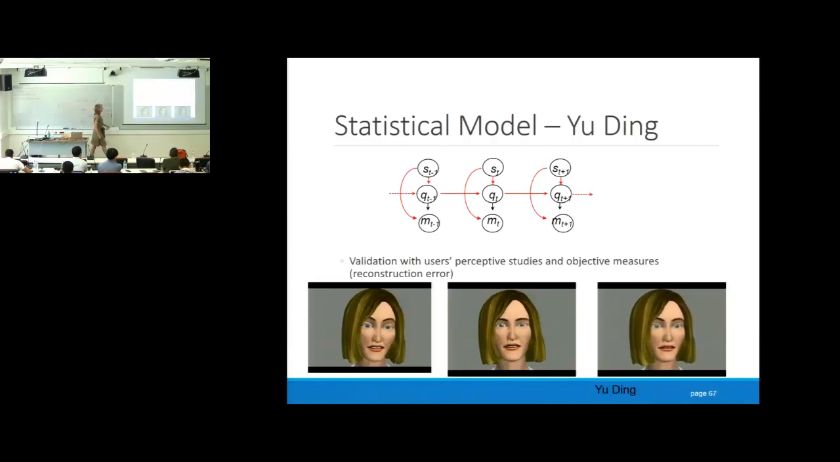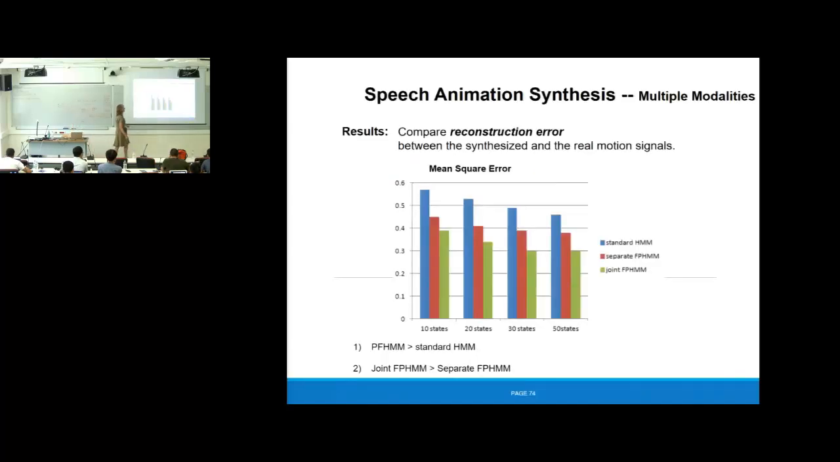Okay. So having such animations, we conducted validations through objective measures for the reconstruction error, that you're using a lot, I think, in speech, as well as some perceptual studies. And we used different types of HMM to compare which one works best with different states. So we have the standard HMM in blue, separate fully parameterized HMMs, and the joint fully parameterized HMM in green. Okay, and we can find that for whatever number of states we have, the joint fully parameterized HMMs had the lowest